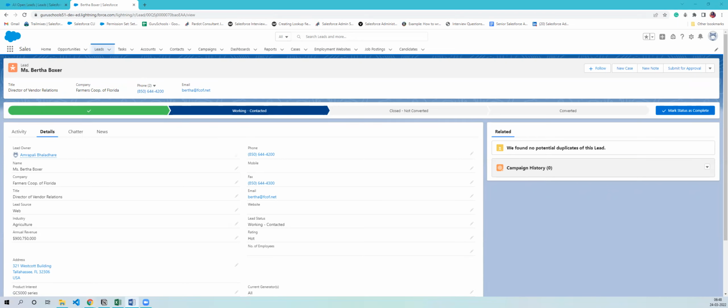Then in Salesforce we have automations. There are a couple of automations using which we can send email automatically or create any record automatically. We don't have to do anything, we just have to give some criteria and the automation will do the rest. So in Salesforce we can customize without writing a single line of code,